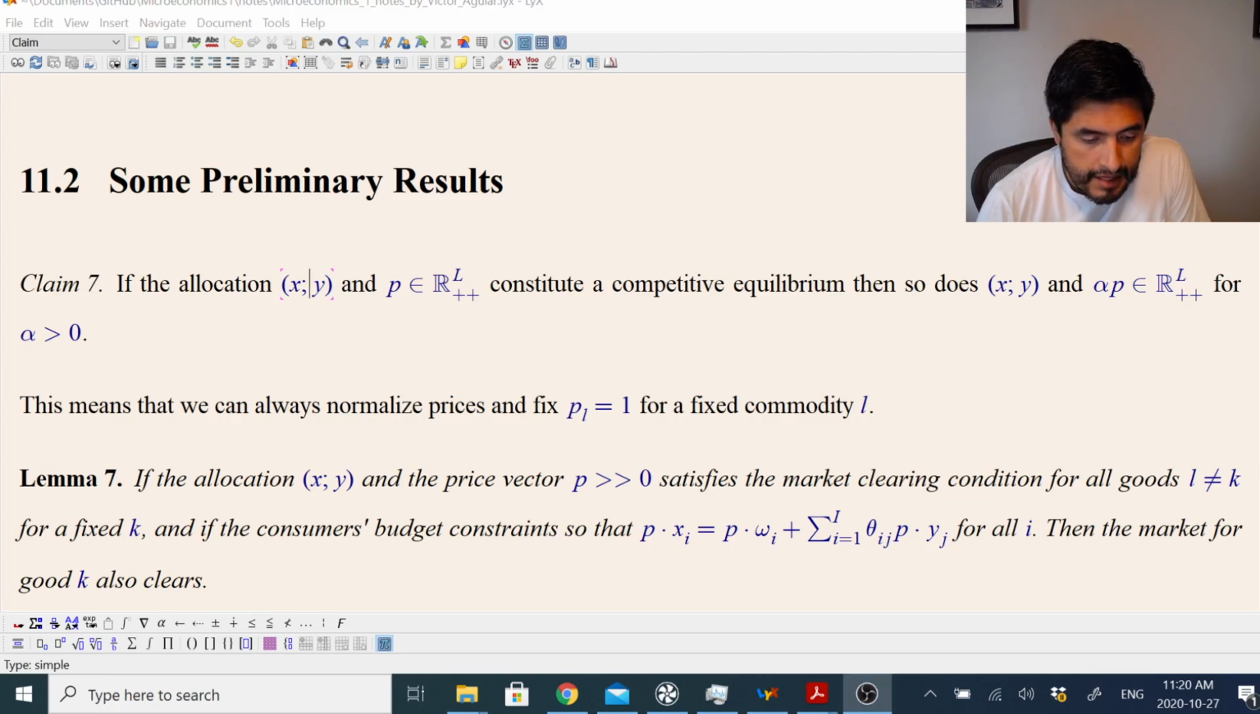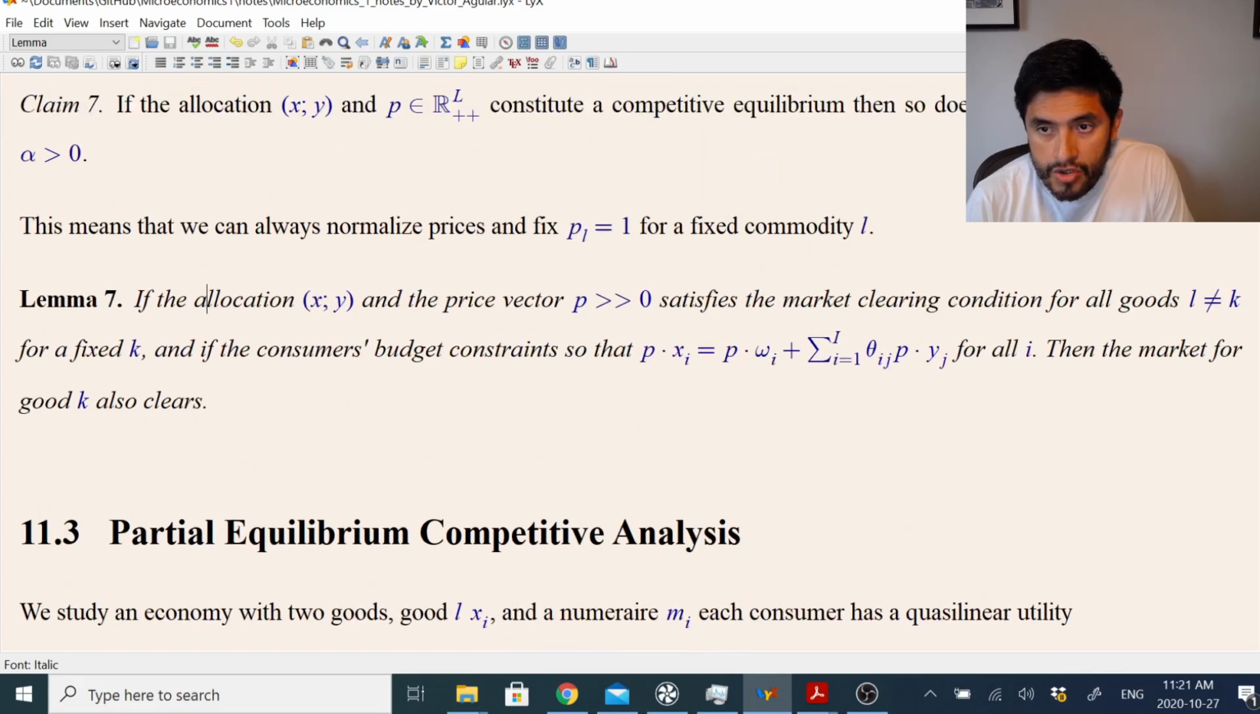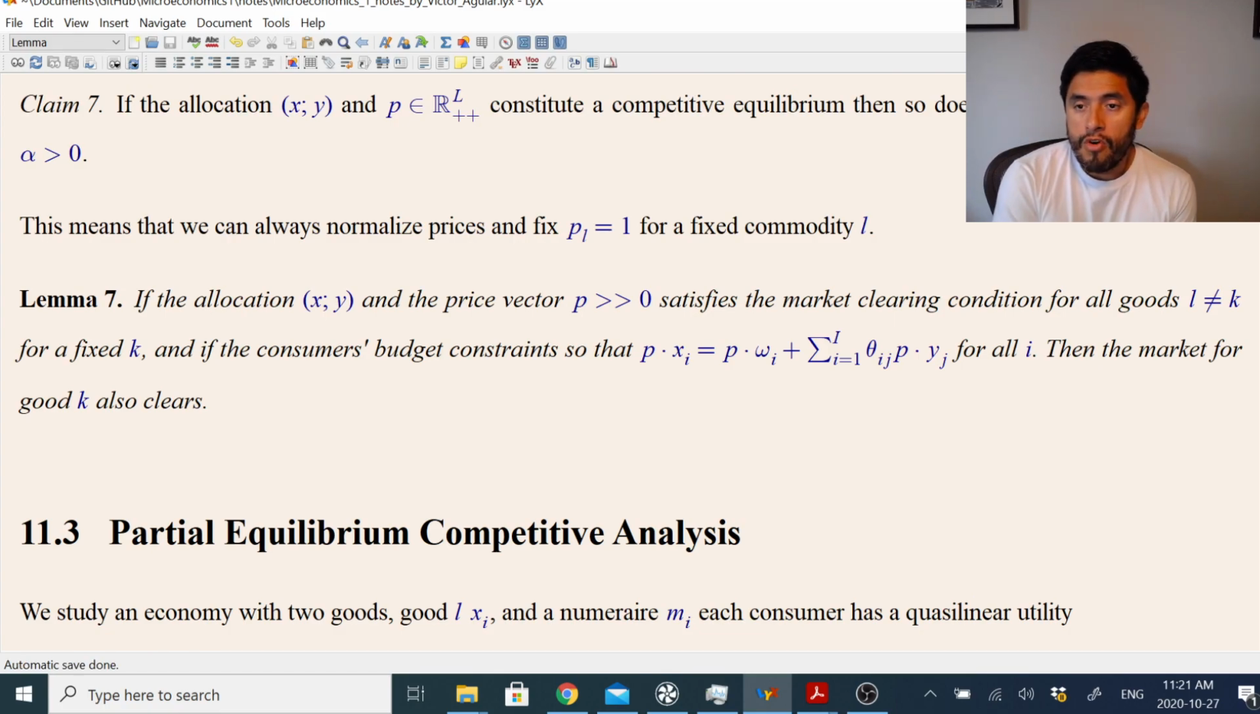Okay, so now we have this lemma, the first result. If the allocation x and y and the price vector p, which is strictly positive, satisfy the market clearing condition, that is the third equation, which just says that aggregate supply is equal to aggregate demand for all goods different from a particular fixed good K, and if the consumers' budget constraints are such that you satisfy Walras' law, so you hit the budget constraint with equality instead of inequality for every individual, then the market for good K also clears. So this means that, again, a consequence of the homogeneity properties is that if I'm solving the system of nonlinear equations before,